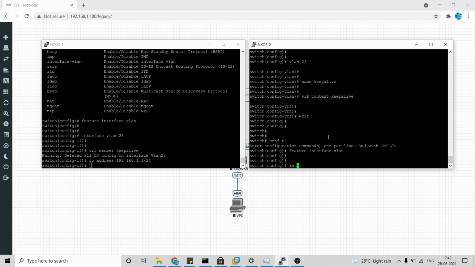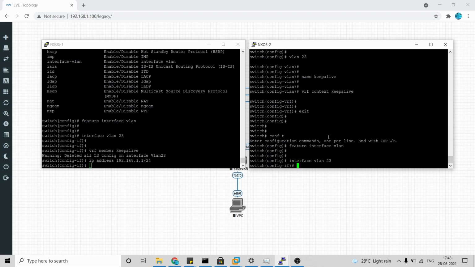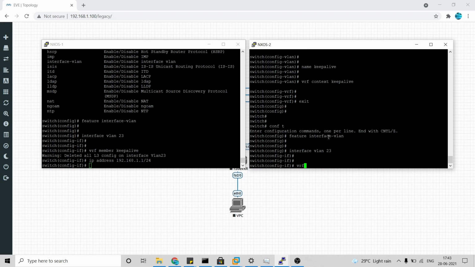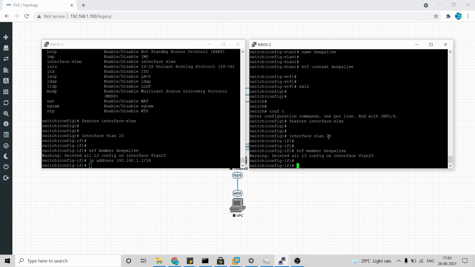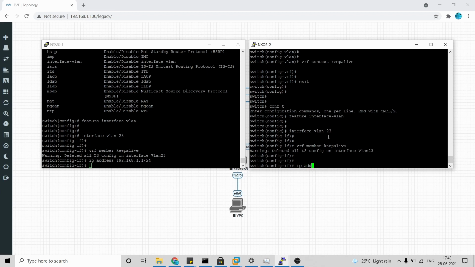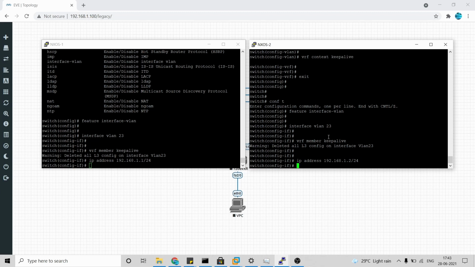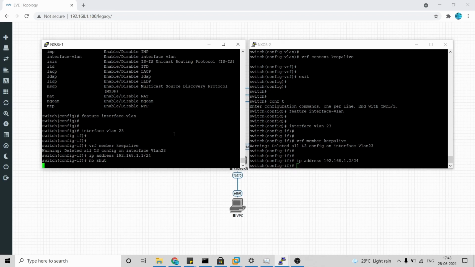I'm again going to configure the interface VLAN 23 and VRF member keepalive, and the IP address will be the next IP, 192.168.1.2/24. Okay. Once that is done, the main thing that differs between Nexus and other Cisco devices is that all the interfaces are by default shut down.